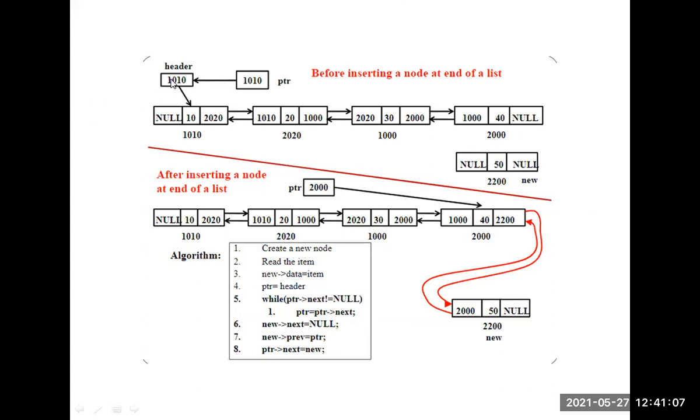You have to store this in some pointer variable. Then pointer equal to pointer of next. We are counting here right link as pointer of next. This one is previous, this one is next. So while pointer of next not equal to null, that is, you may consider pointer of right link not equal to null, pointer equal to pointer of right link. Similarly, as I told you previously, you have to check the same way here.